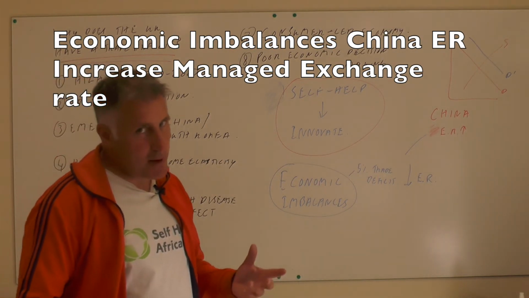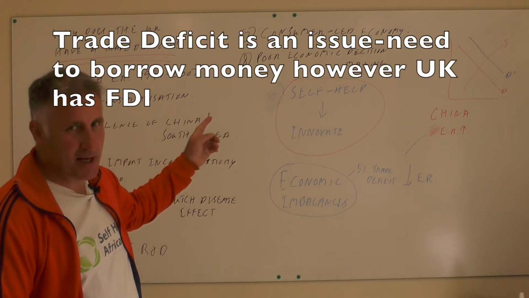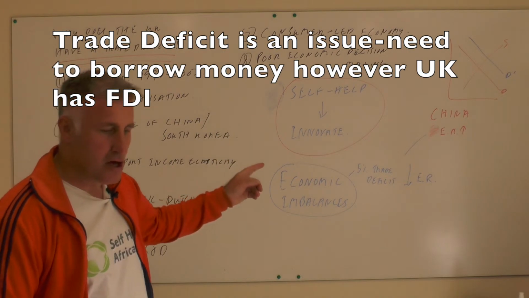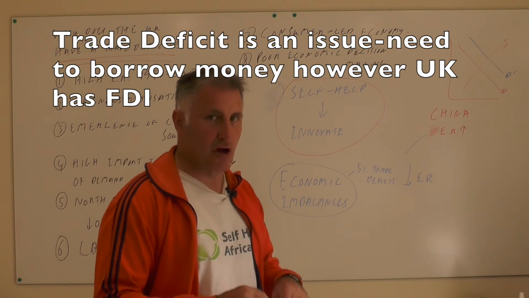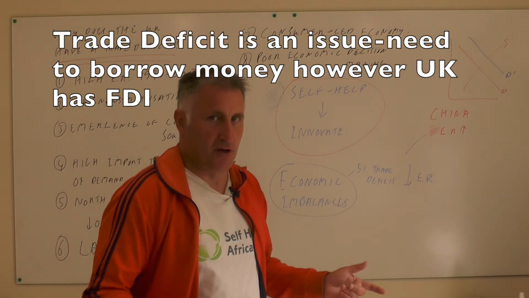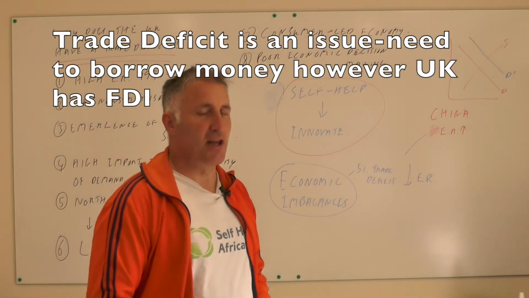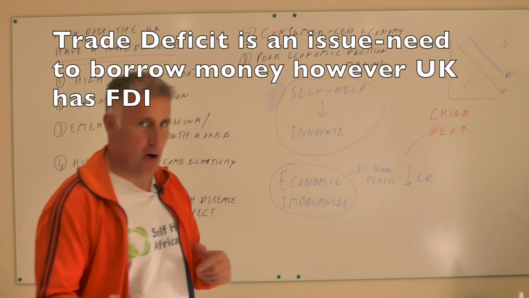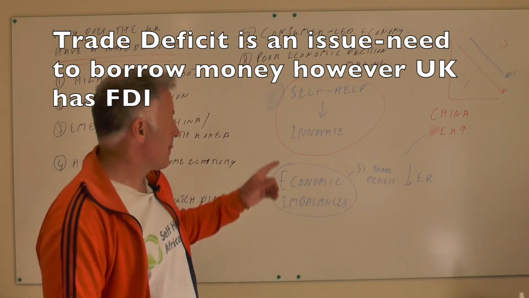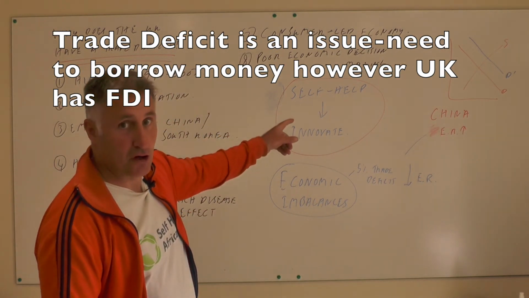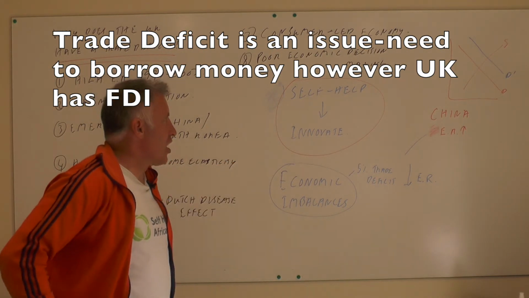And finally, although we've been okay in the UK, in terms of our trade deficit, there has been a series of poor economic decision making. You can have a trade deficit for a long period of time, but eventually it's going to catch up with you and your country will become poorer. Warren Buffett always says, in a sense, what happens is you're selling all of your assets. And that's what we've done in the UK. A lot of our big industries are now owned by foreigners, which is good because it brings money into the UK. However, through foreign direct investment, which is actually quite good for the UK economy. If that money had not come in, we would have had to borrow money. So we haven't really